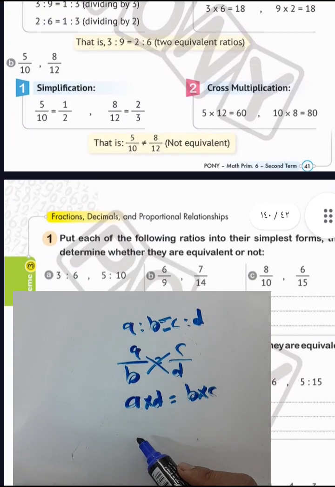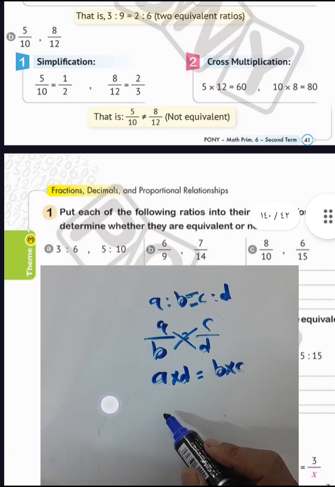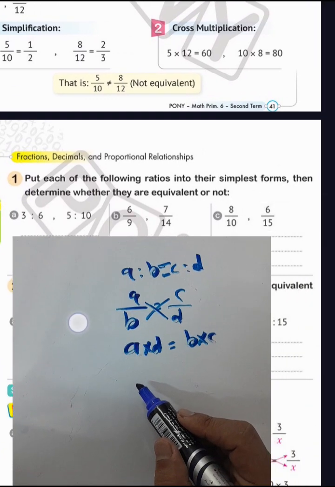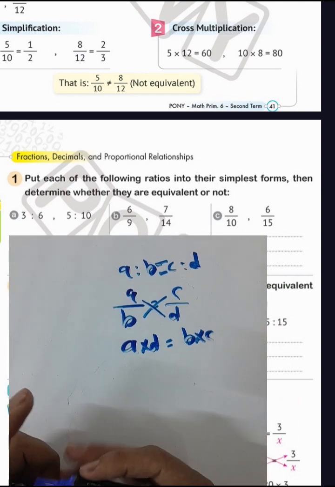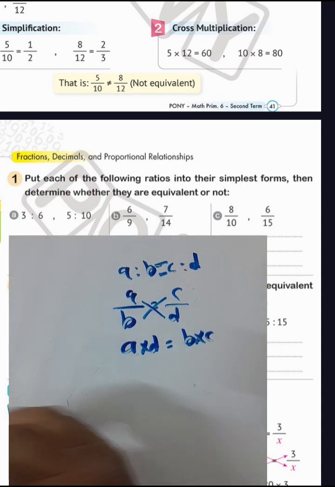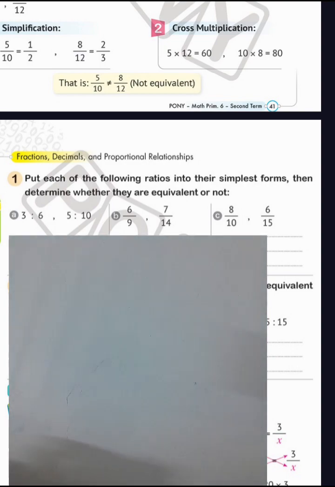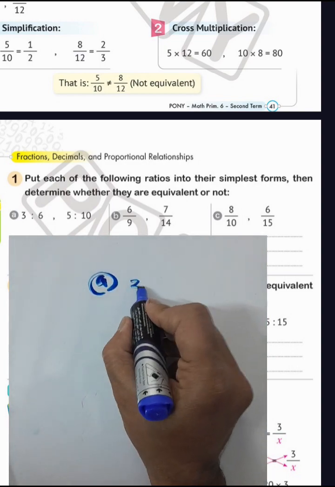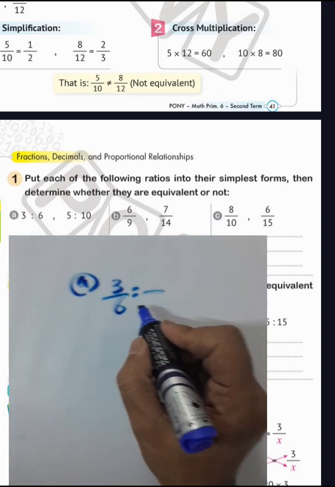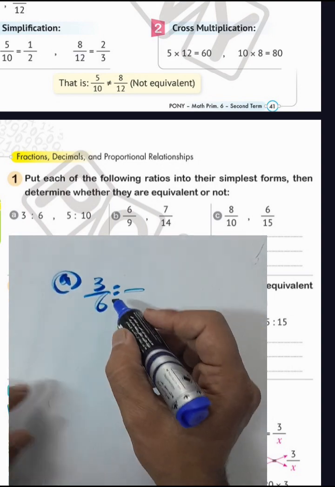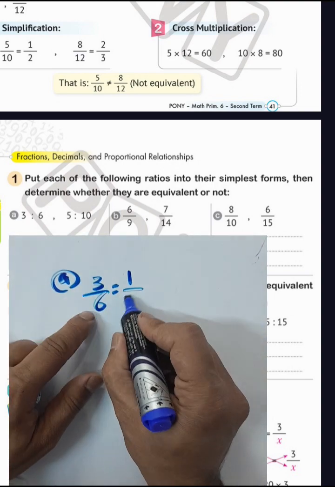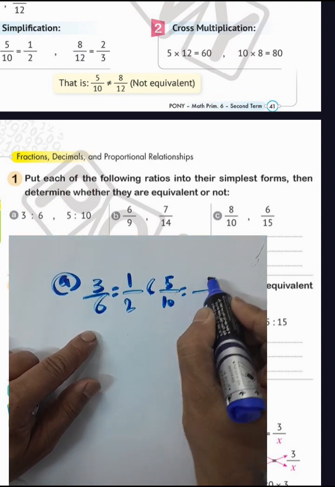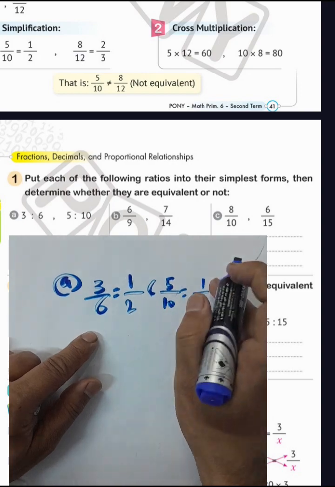We have a question here. Put each of the following ratios into its simplest form, then determine whether they are equivalent or not. Okay, question letter A, we have 3 over 6. We can simplify it by dividing the numerator and denominator by 3. 3 divided by 3 equals 1. 6 divided by 3 equals 2. It will be a half. The second ratio, 5 over 10, will be 1 over 2 because 5 divided by 5 equals 1 and 10 divided by